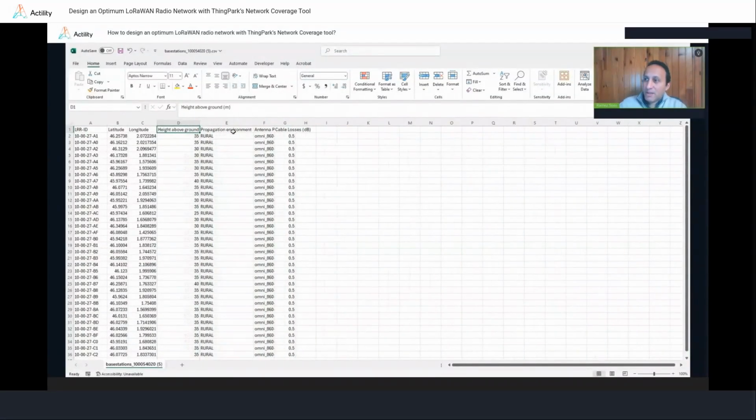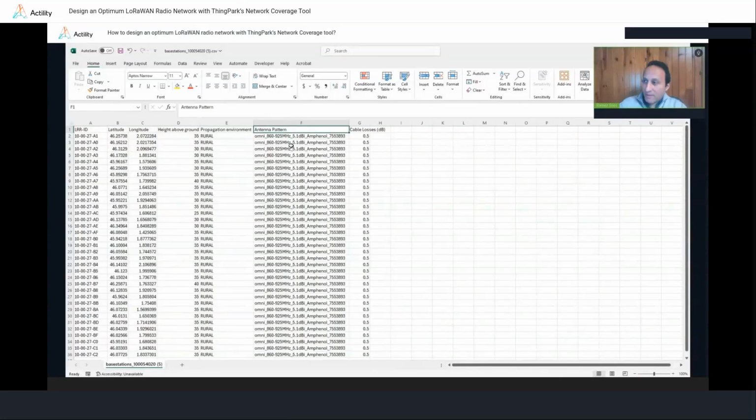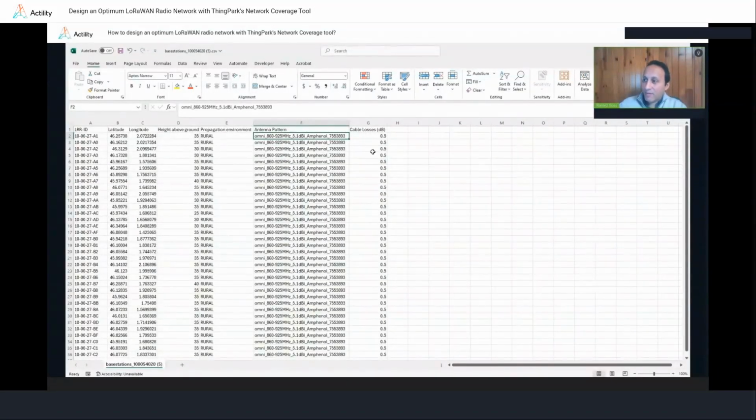And then you have the propagation environment, so either dense urban, urban, suburban, or rural. In my case, the gateways I have chosen for the demonstration are all located in rural area in France. So I've set it to rural. And then the antenna pattern, which is actually inherited from the setting you have put under your user preferences, but you can change that for specific gateways if you do not have the same antenna for all your gateways. And finally, the cable loss.